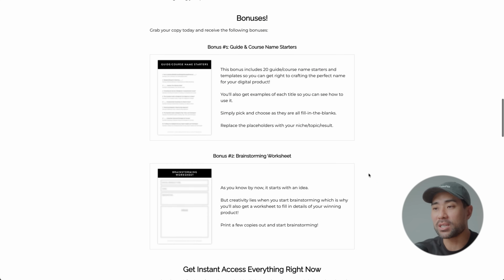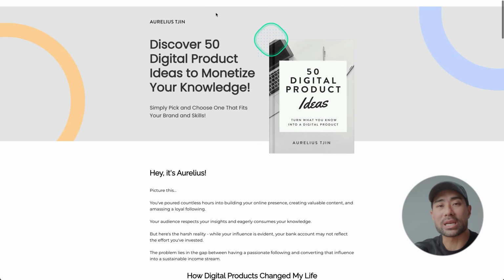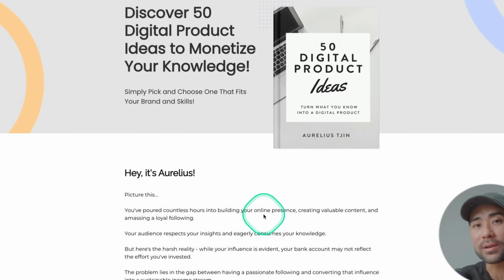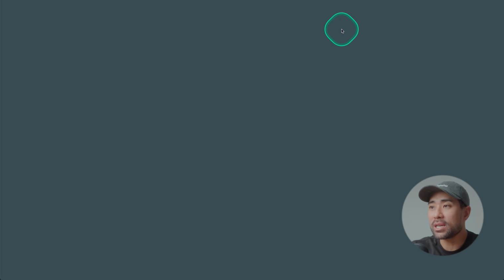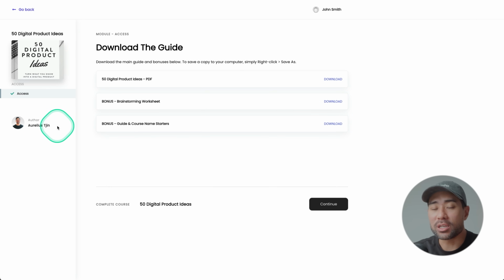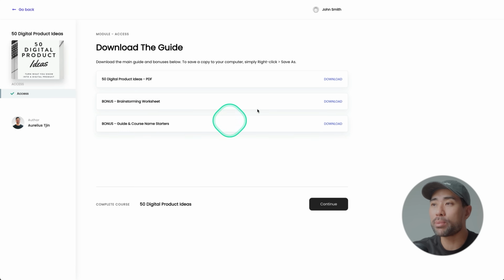So not only is it a cart system where you embed the cart, but you can also build landing pages all within ThriveCart. What's also great is they've got this built-in online course platform called Learn, and all you need to do is add your modules, add your lessons, and then what they will see is something like this. This is just for a one-time product, but if you do have an online course with modules and lessons, it'll all be shown here with the different pages, and then it'll be formatted and laid out in that way so that it makes it easy for your students to navigate through your online course.